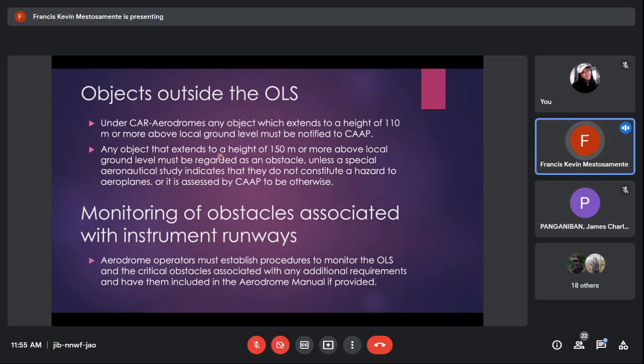And any object that extends to a height of 150 meters or more above local ground level must be regarded as an obstacle. So kahit na wala siya doon sa OLS or sa designated OLS, as long as it will be above 150 meters, it should be recorded as an obstacle under CAP. Monitoring of obstacle associated with instruments to monitor the OLS and decrease